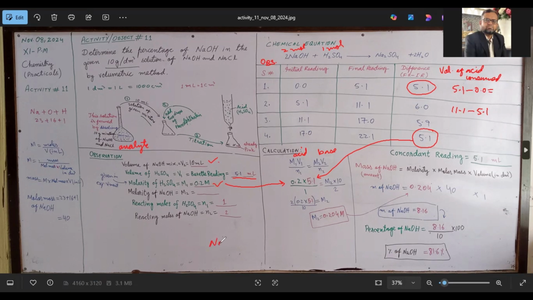You know the atomic mass of sodium is 23, oxygen and hydrogen. So oxygen is 16 plus 1. So if you sum it, then it is 40. So 40 is this, and molarity we have taken from here. So the mass of the sodium hydroxide is 8.16. After calculation, we got it. It is 8.16. So we found that this 10 ml contain